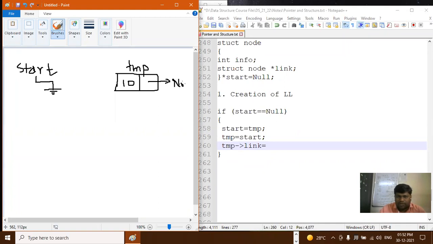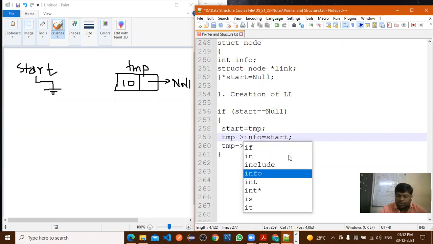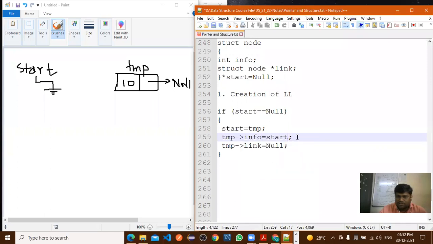So what value is required here? If you are inserting the first value, then temp of link is equal to null, right? And here also not start. So temp of info, na? Temp of info काय असणार आहे इथे?